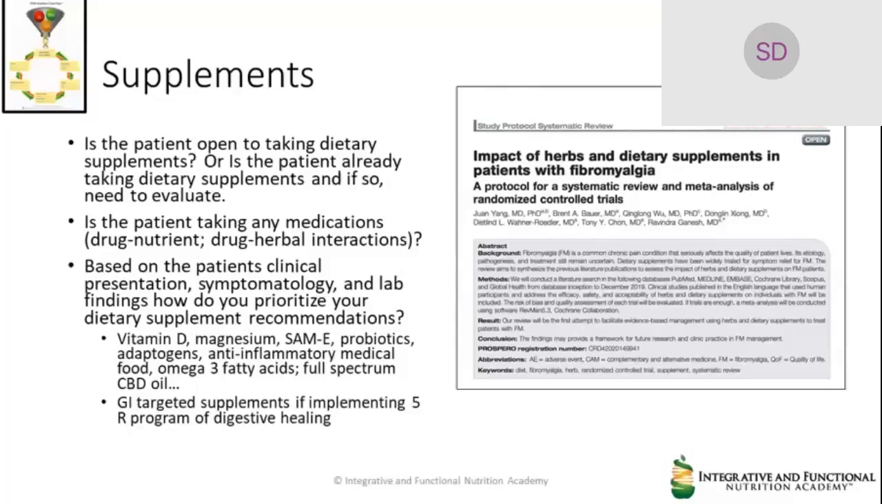You're going to want to take some time to assess that. And of course, asking the patient or understanding if they're taking any medication to assess any kind of interactions. And then based on the patient's clinical presentation, symptomology, and lab findings, prioritizing your dietary supplement recommendations. And